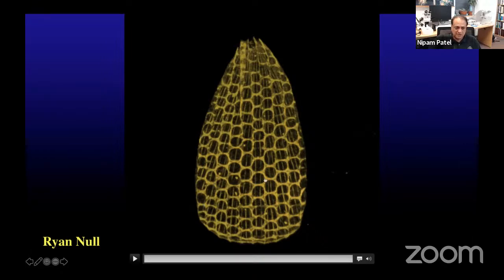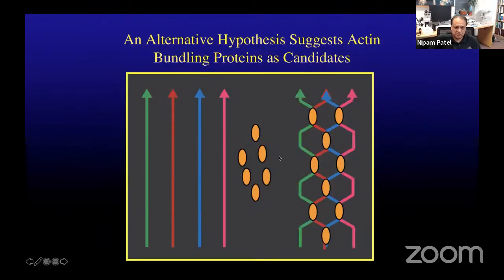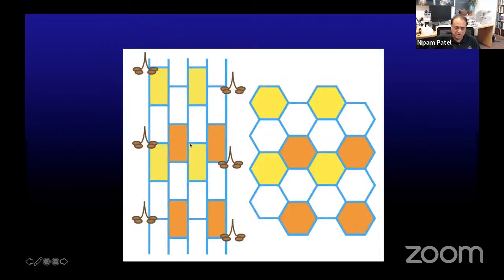So how might you imagine that? You can think of proteins like Arp2/3 that can make 70-degree angles off of rods of actin. So you might have some sort of model where you do something like that. You can imagine having proteins that might grab adjacent rods and you could get a hexagonal array. You might even imagine a situation where what you do first is just make straight connections between the actin rods and then pull on the whole array, and you might be able to get a hexagonal arrangement in that same way.